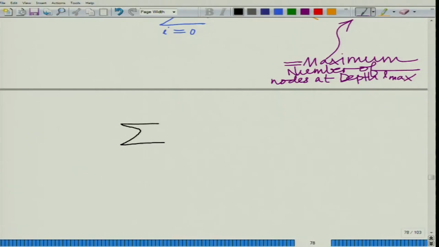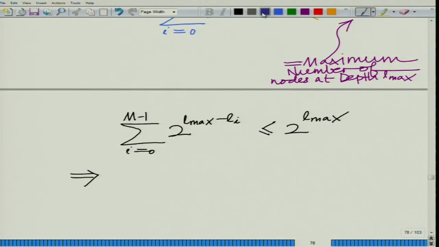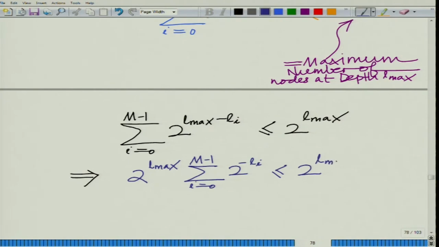And then from this we have a very simple result. Rewriting this, summation i equal to 0 to m minus 1 of 2 to the power of L max minus Li is less than or equal to 2 to the power of L max. This implies that you take 2 to the power of L max common, and summation of 2 to the power of minus Li is less than or equal to 2 to the power of L max. Now cancel 2 to the power of L max from both sides,